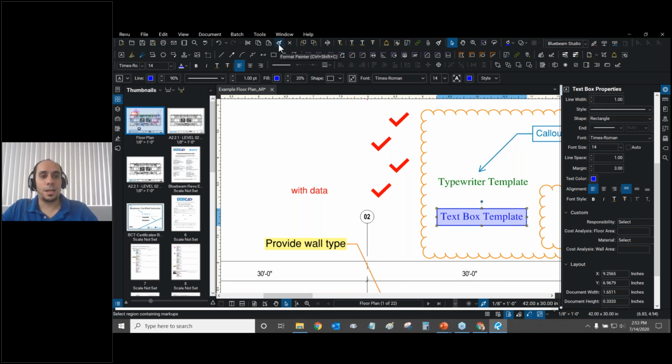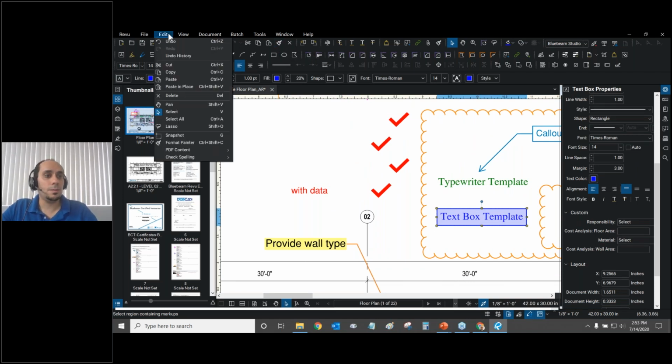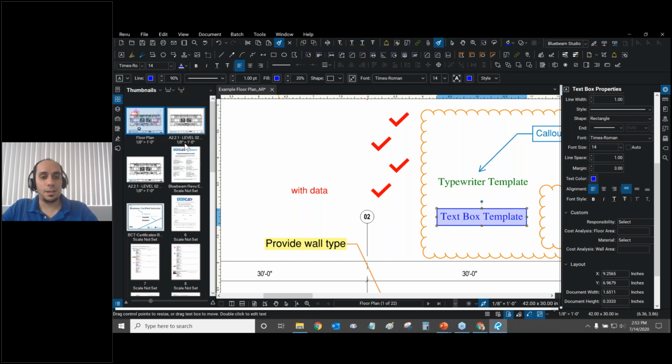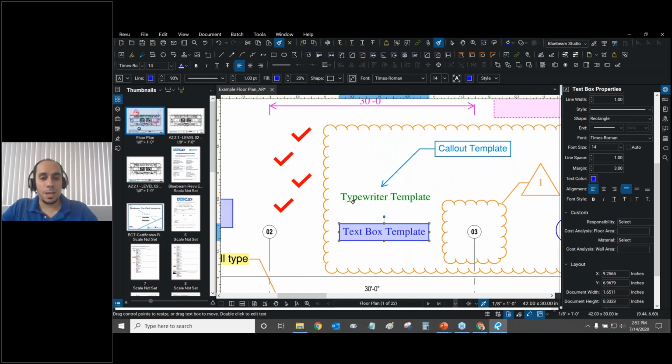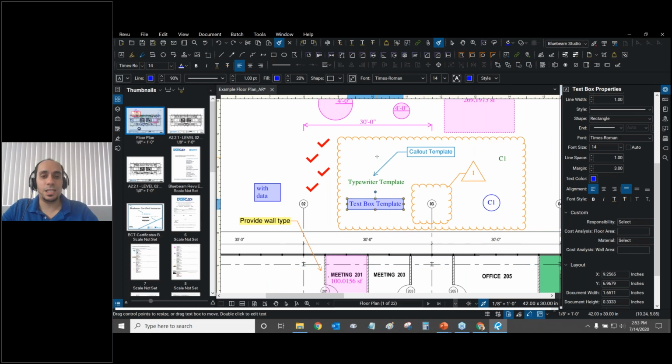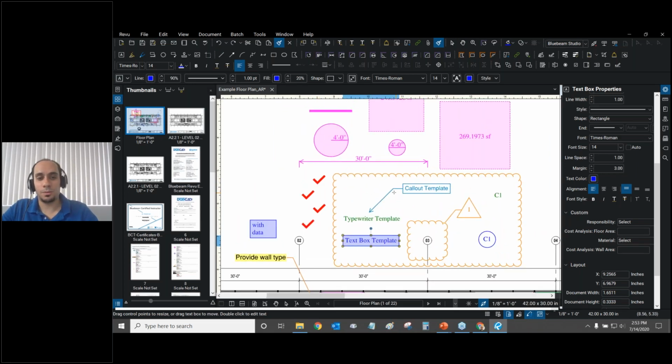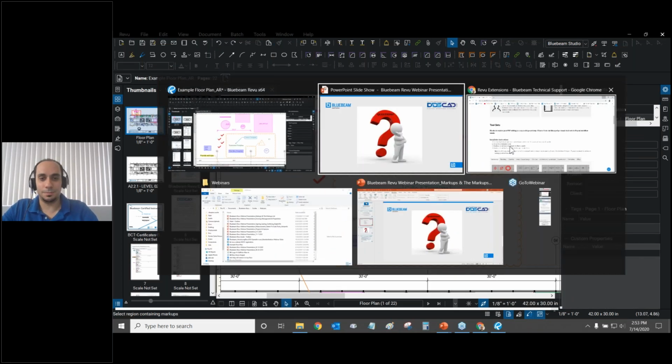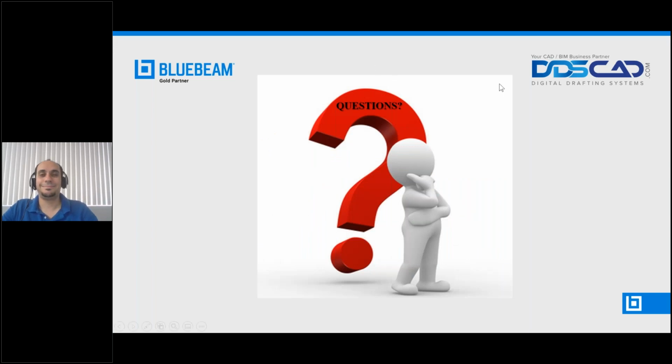Now I can go up here and click on Format Painter. If you don't see it here, it should be under Edit. There it is, Format Painter right here. So once I click on that, I just have to click on another markup, and you can see that the paint icon goes over it. So if it's a markup that is similar to that one, then you can format paint it. Now, this is a typewriter and this is a text box, but look at this. I can actually format paint the typewriter itself. I can also do it for callouts, for example. So yes, you have basically a format painter very similar to other programs like Word. All right. Absolutely. That's a very interesting tip and trick.